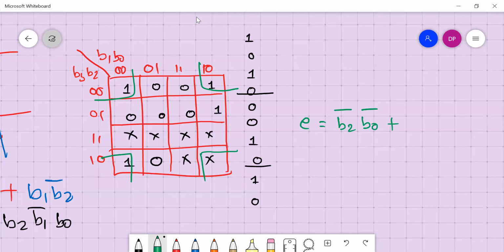Then only this one is remaining. Okay, how to include it into some group is we can take the last column. So last column is B1, B0 complement. So E answer is correct.